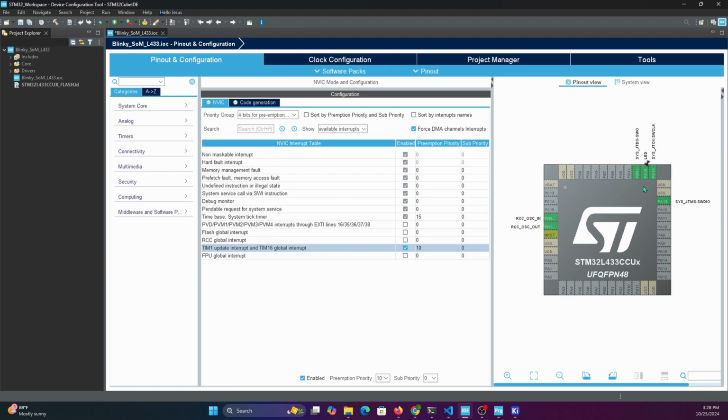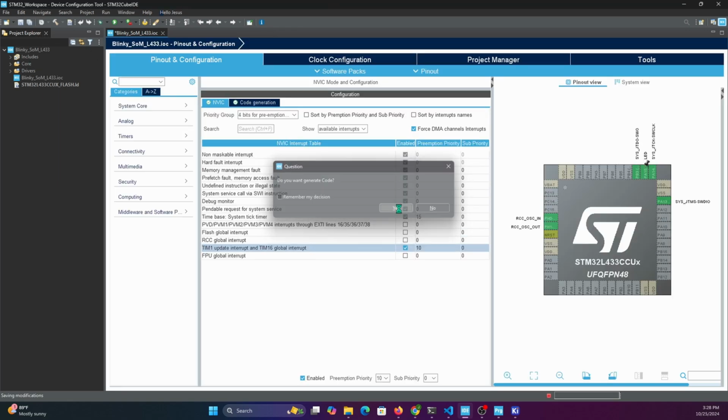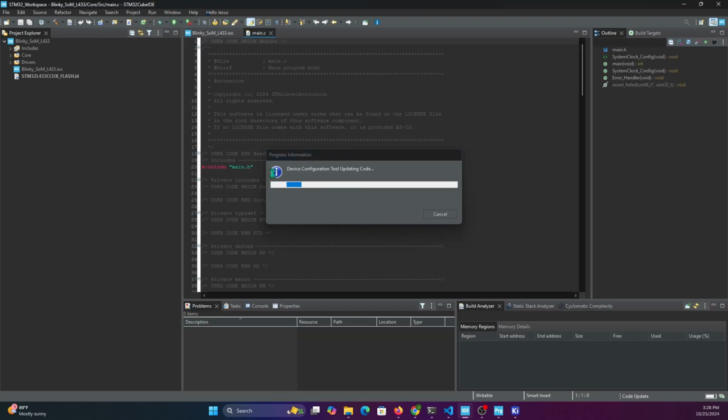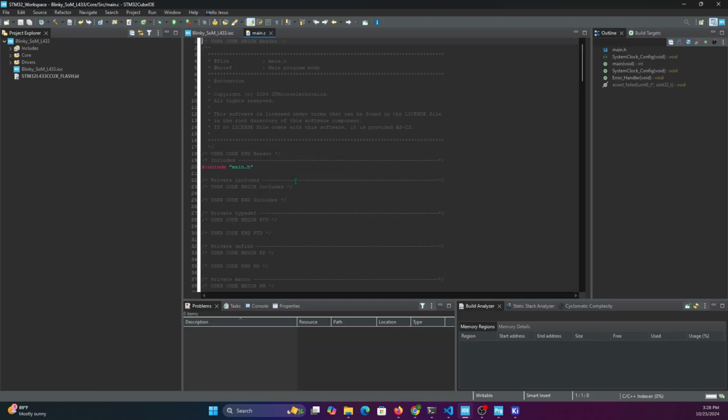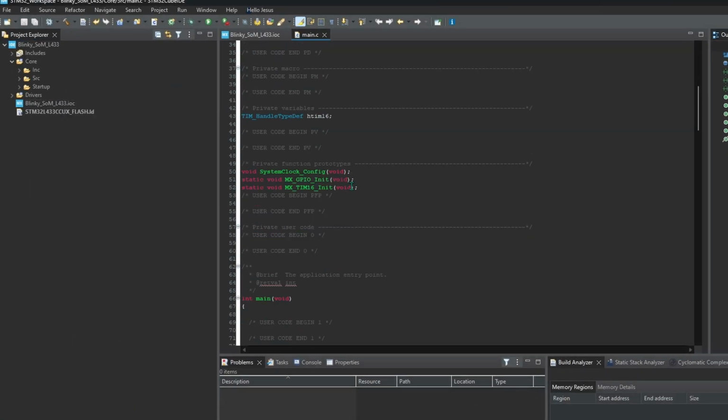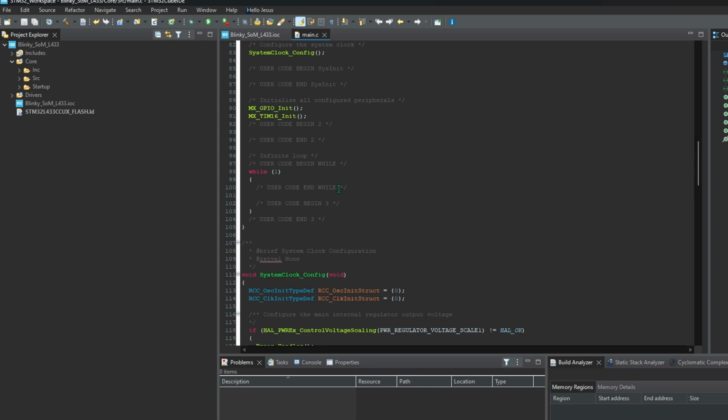So that's everything on this side. I'm gonna just save everything and generate a code. Yes, it's gonna take a minute to generate the code. That's just it. So now here we have. So usually what we would do